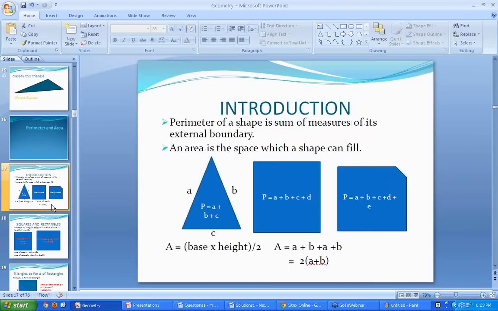The last figure area has to be calculated in parts. There cannot be one formula to calculate such a figure. This will have to be broken down into a triangle and a rectangle, and then you can solve it. I'll tell you about that. This is just the basic which we are going ahead with. So anyways, moving forward,